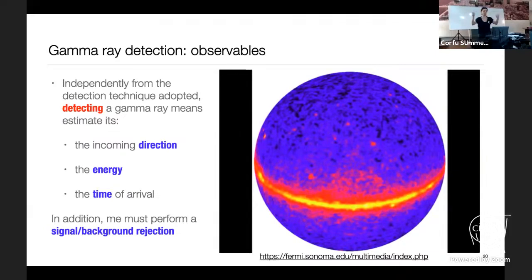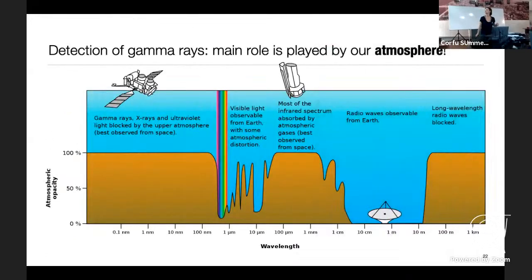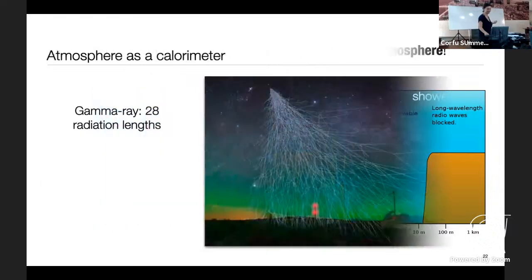We will see it. The background is really dominating. Okay, so the first basic information about the study of gamma rays, you are already aware of that. We cannot detect gamma rays from Earth, right? Because we have a wonderful shell, the atmosphere. The atmosphere is protecting us from cosmic radiation, gamma rays, but also almost all the other bands except optical light and radio waves. So if you want to detect gamma rays, you need to go into space, right?